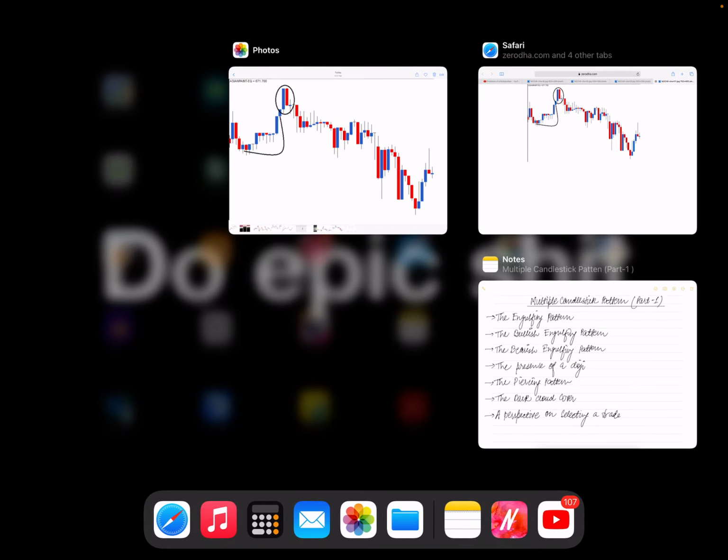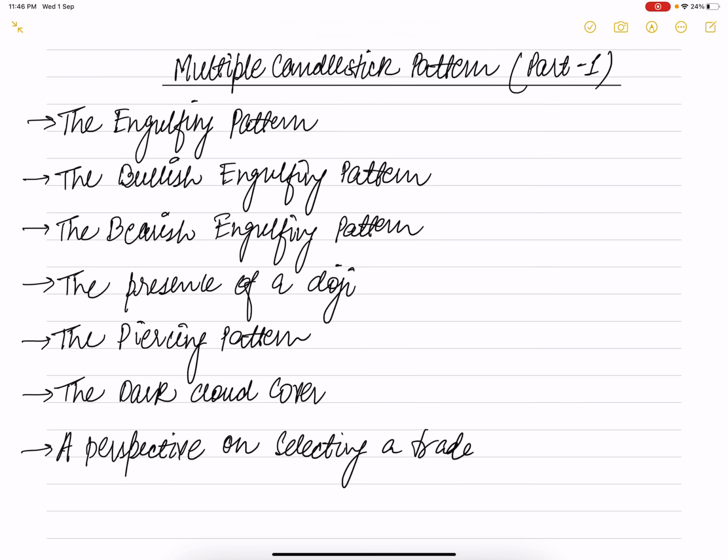Now the perspective on selecting a trade. This is the last topic. Typically, stocks in the same sector have similar price movement. For example, think about TCS and Infosys, or ICICI Bank and HDFC Bank. Their price movement is similar because they are more or less of the same size and have a similar business and have the same external factors that affect their business. However, this does not mean that stock price movement would match price to price.